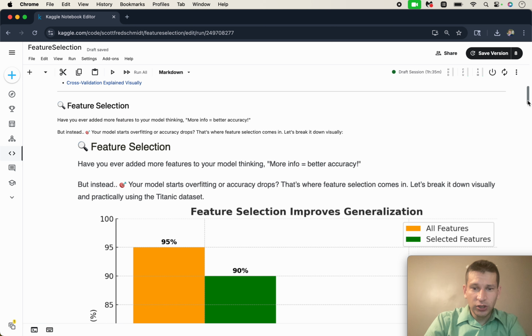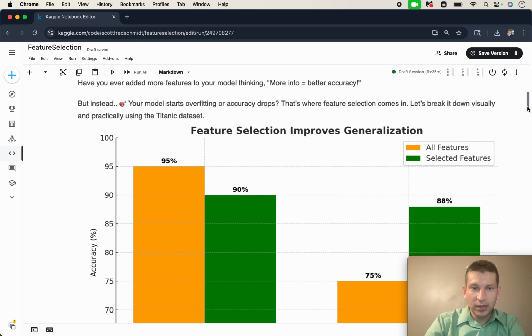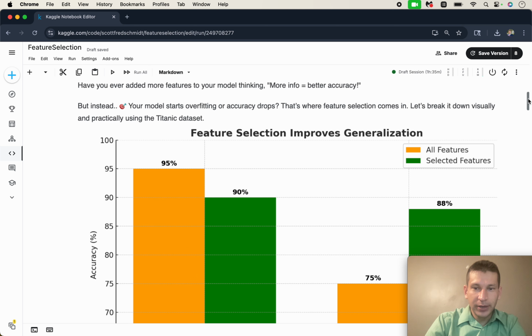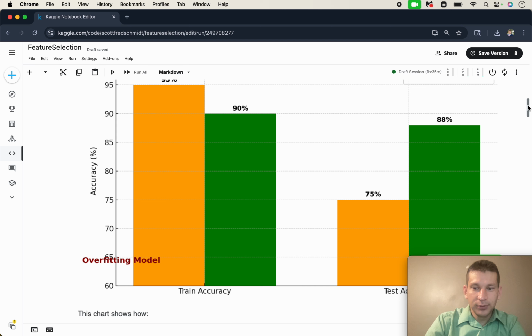This one is feature selection, and typically you want to pick the most important features and drop ones that are of irrelevance because that'll confuse the AI data. And oftentimes people think more info means better accuracy, which is generally not true. Here is an example of how